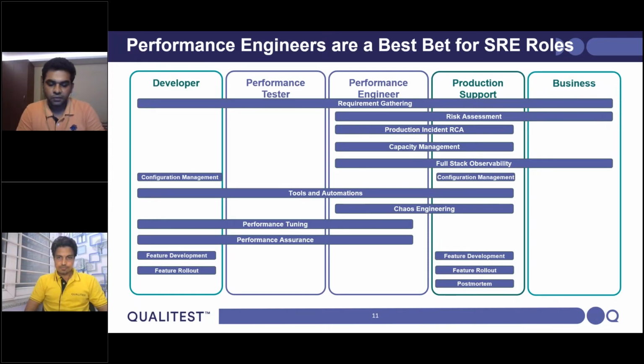The expectation from the industry right now is that any SRE should typically spend 50% on development as well as 50% on operations. It's not like he will always be on the operations side of things, or always on the feature development side. That's the reason we have this kind of skill bridge or shared resource model.